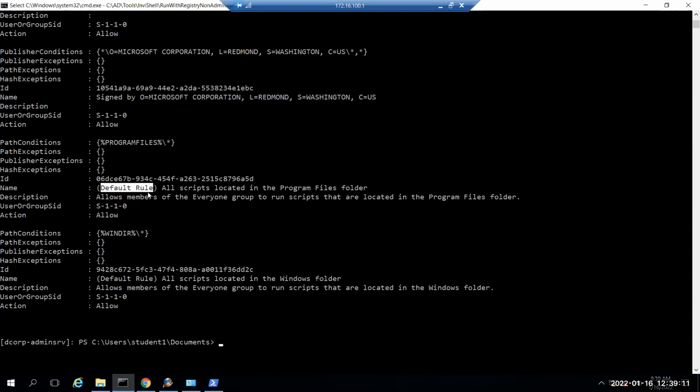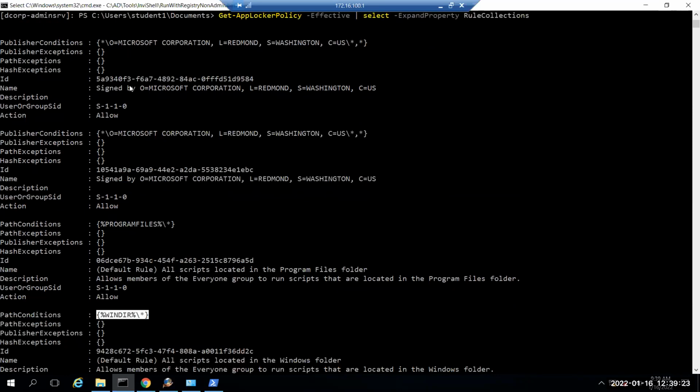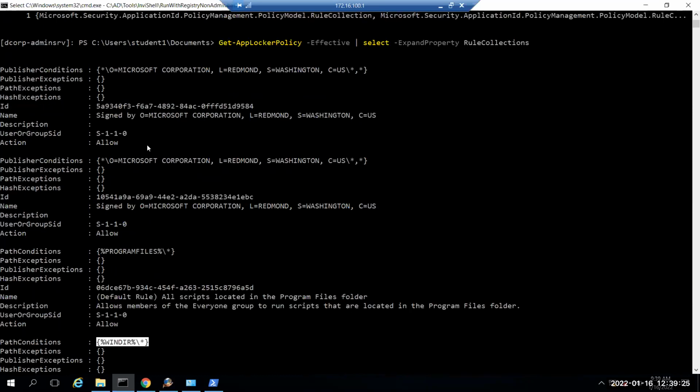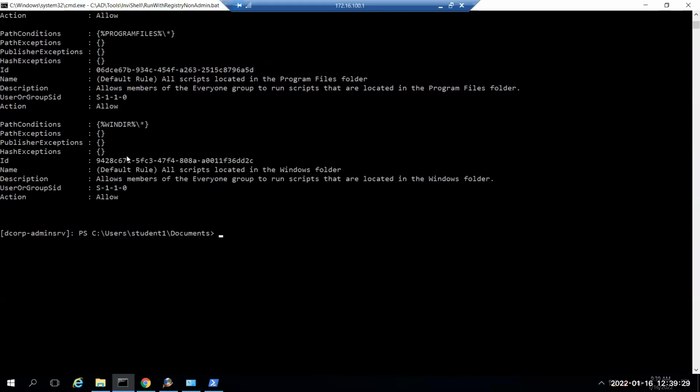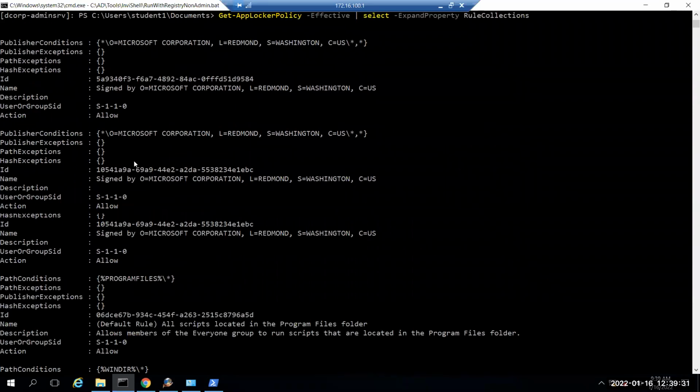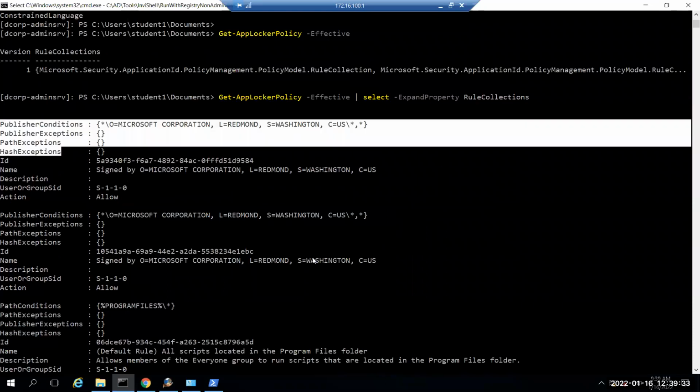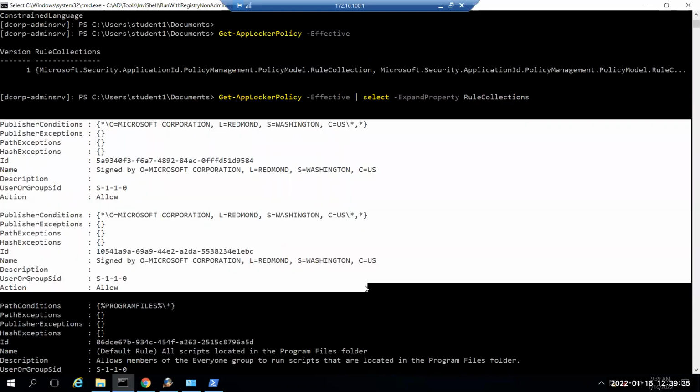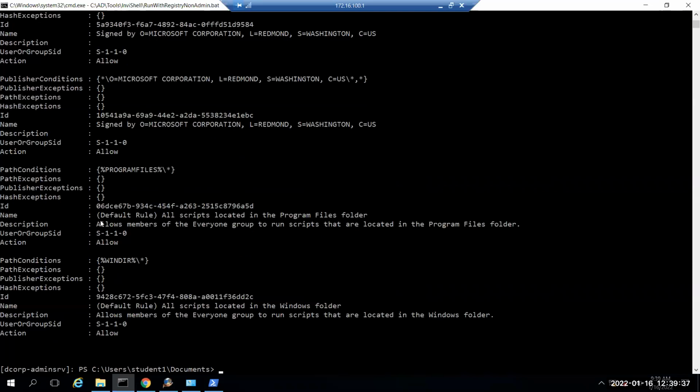These default rules allow everyone to run scripts that are located in Program Files or in the Windows directory, C:\Windows directory. The first two rules allow only Microsoft signed binaries and scripts. Please note that even the couple of first rules are pretty lax, pretty permissive, but